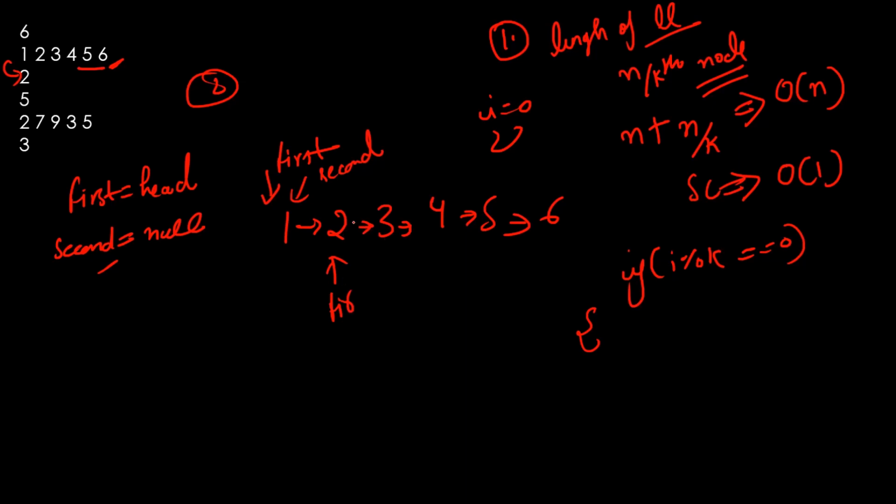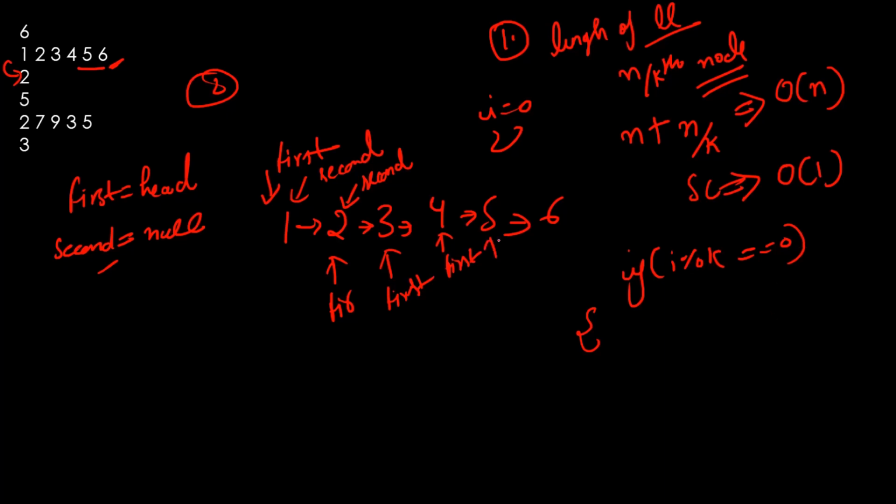It is pointing to 2 now. So now the I value is 1, nothing is going to happen. Now when we reach this particular node, the I value will be 2 and k is 2, you know that, right? So 2 mod 2 is going to give you what? 0. So we are going to make one jump. So second will be pointing to this 2 now. Okay, and now first will be moving further. So first is pointing to 4 now. The I value is 3. 3 mod 2 is not equal to 0, nothing will happen.